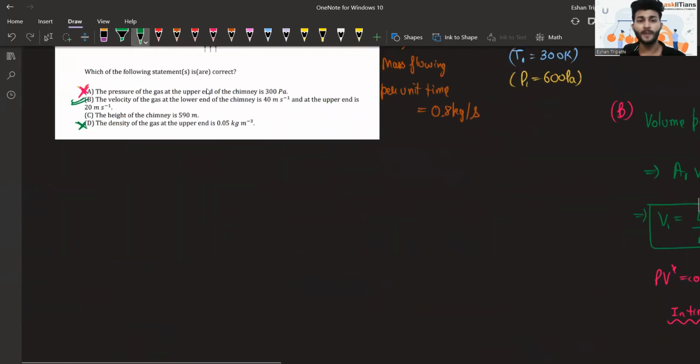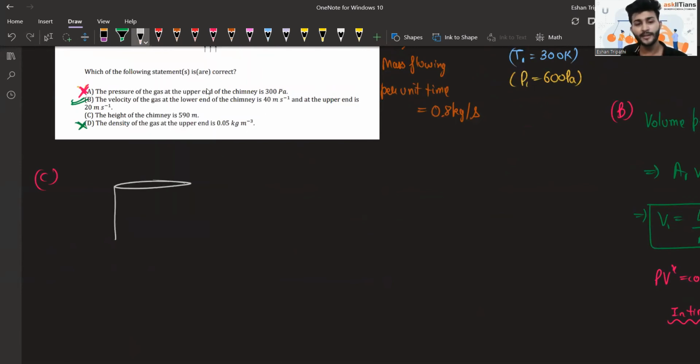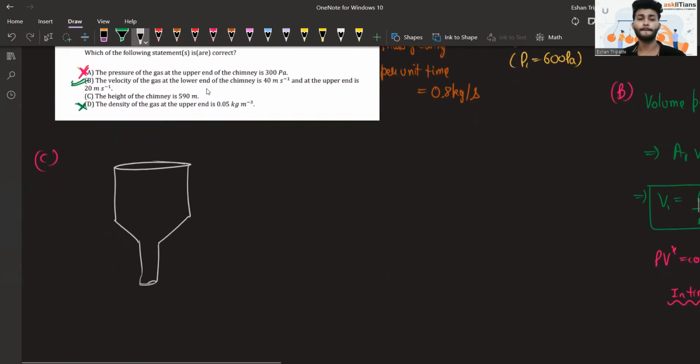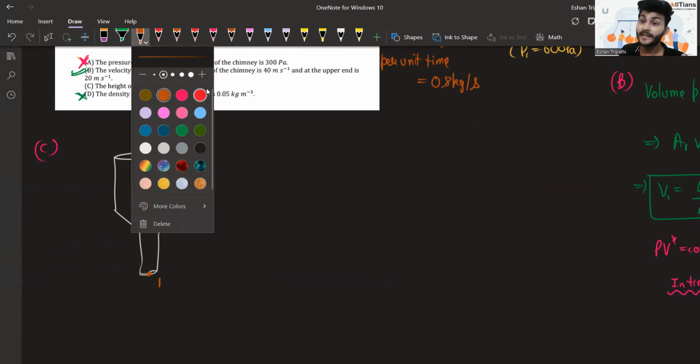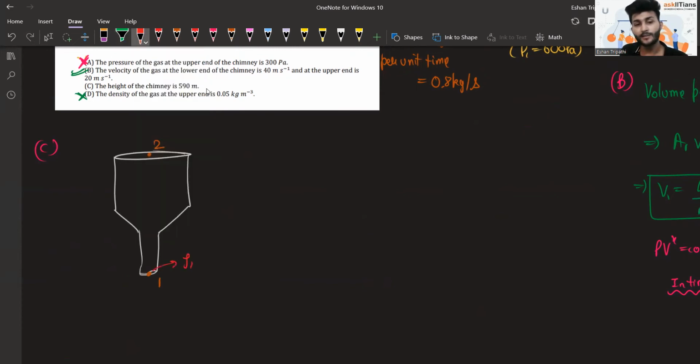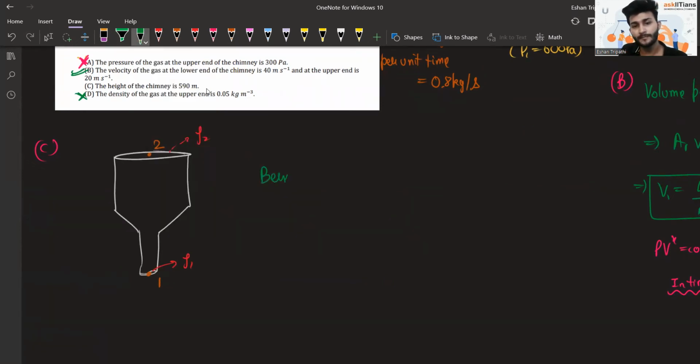And now moving to the last part, C part, which is finding the height of the chimney. As we discussed in the beginning itself, we are going to certainly use Bernoulli's equation for it. So from Bernoulli's equation, this is point 1, this is point 2. Now the densities are different, we have to take care of that. Here density is ρ1, here density is ρ2. So we will say, using Bernoulli,